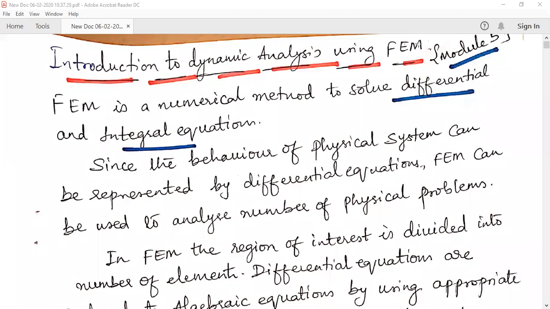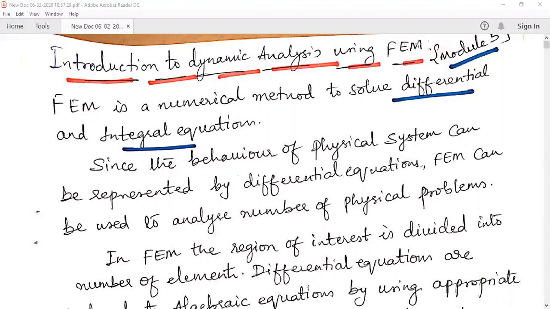Today, in today's session, I'm going to take you through the applications of FEM for dynamic problems. Before we try to understand the applications of FEM in dynamic problems, I presume that you have undergone a course in mechanical vibrations. You have an understanding of different vibrating systems, whether it is a single degree of freedom system, two-degree of freedom system, continuous system, and so on. And the importance of the study of vibrations, natural frequency, resonance, different kinds of vibration analysis.